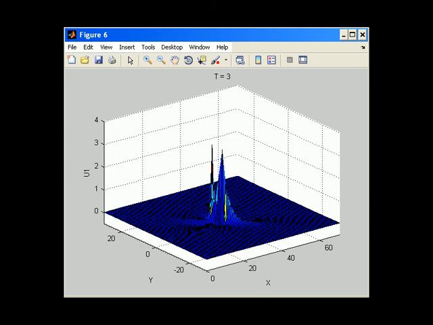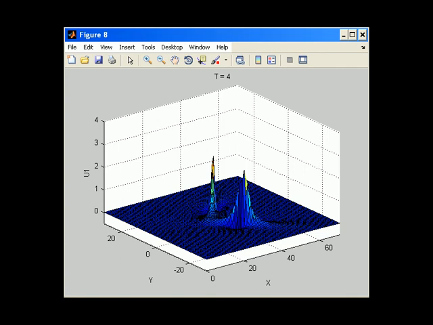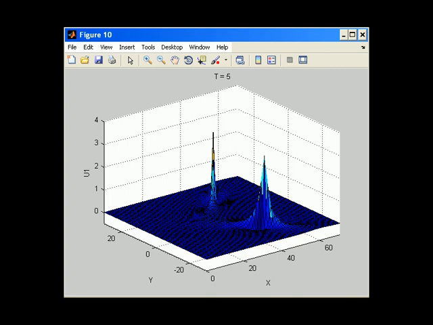You can see they pass through each other almost transparently. This equation has some application in ocean waves. Okay, we're finished with this oblique